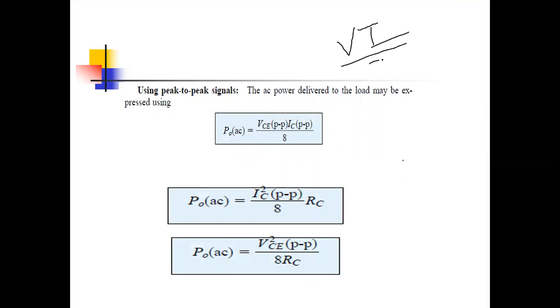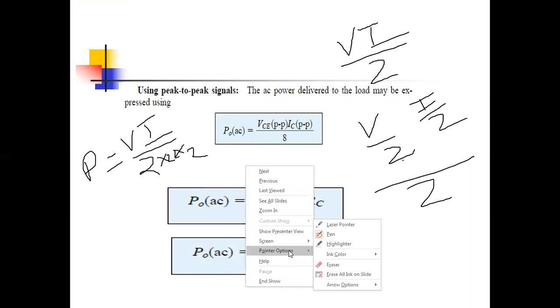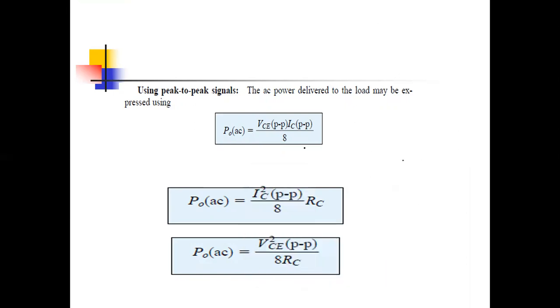Now again, peak to peak means V is also V by 2 and I is also I by 2, and divide by 2 is already there. So now 2, 2, 2, it becomes 8. So peak to peak value will be V into I divided by 2 into 2 into 2, it will be 8. Understood? So peak to peak value, then it is VC divide by 8. In terms of I square R, so I square R by 8, V square by R, so V square by 8.